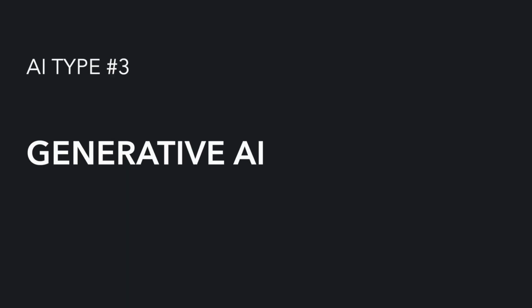Next, let's move on to kind of the big one. It's something that I've already mentioned a few times, and it's maybe the most popular right now. It's a very powerful AI technique, but it does have its own limitations. Here, I'm talking about generative AI. Generative AI is probably the one that you're really familiar with. It's the one that everyone's been talking about for the last couple of years.